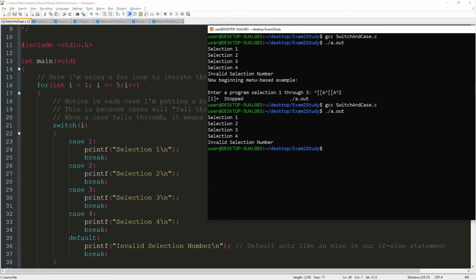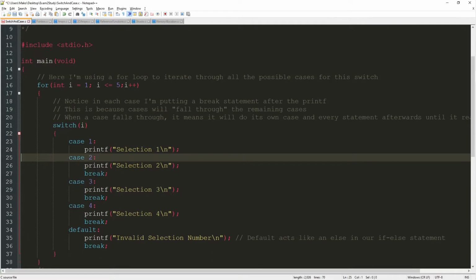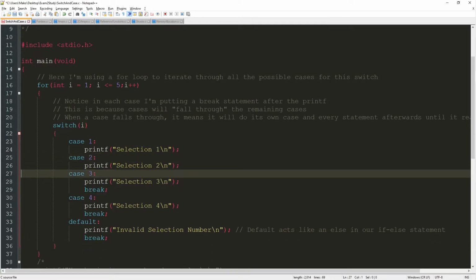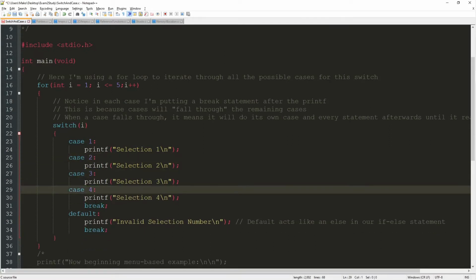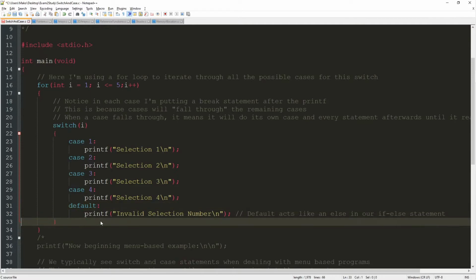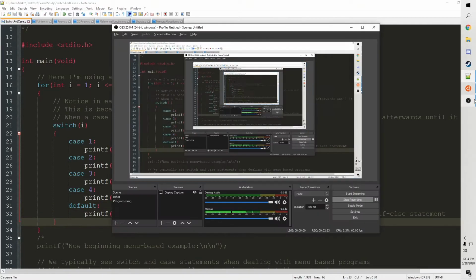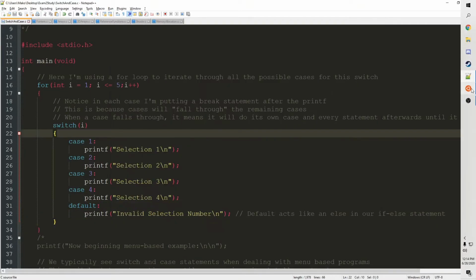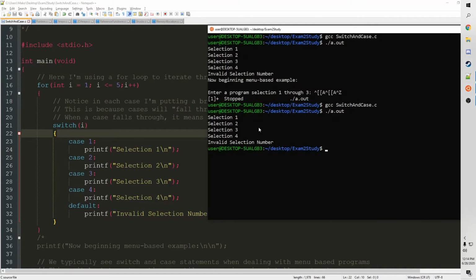And I said something about fall through. Well, when a switch and case statement goes inside one of the cases, it runs all the lines of code in it, but then it also tries to run the cases below it. And if you don't have those breaks there, you fall through to the next lines. So if I go ahead and run this again,